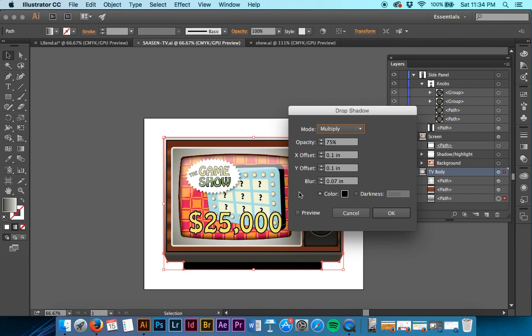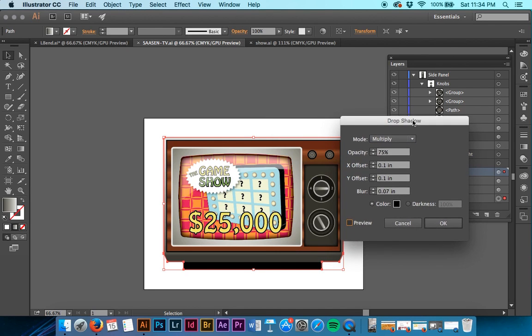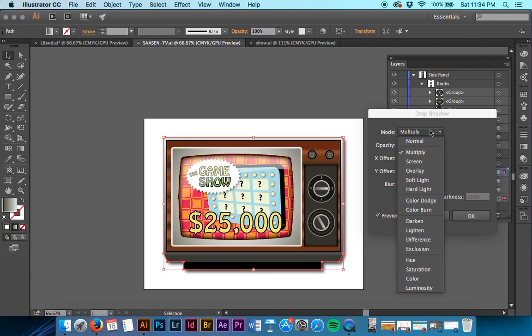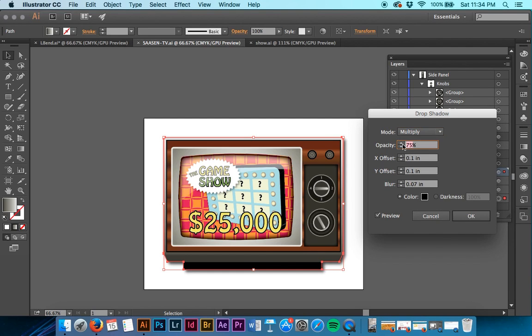Now this is going to show up, there's a bunch of different effects. I'm going to click on my preview so I can see the results. The default is multiply, but these blending modes are familiar if you are a Photoshop user. I'm going to change the opacity to 50. And every time we make an adjustment, it's going to reapply. And the X offset to 0, Y 0.1, and blur 0.1 if necessary. The blur gives a nice softness to it